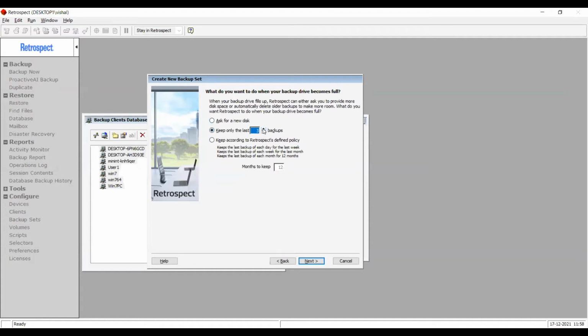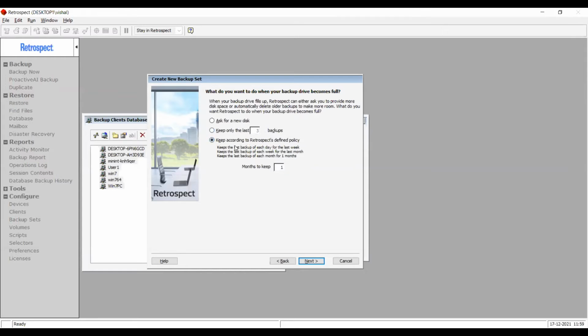Until that point, Retrofit uses all the space that is available there as long as it is possible. The other alternative is to use a policy-based grooming where it follows these 3 rules, and then you can choose the number of months to follow this policy for. And so depending upon your available storage space, you will be choosing one of these methods.